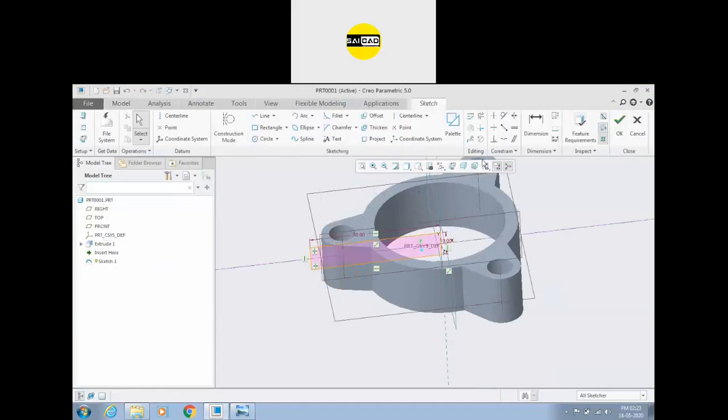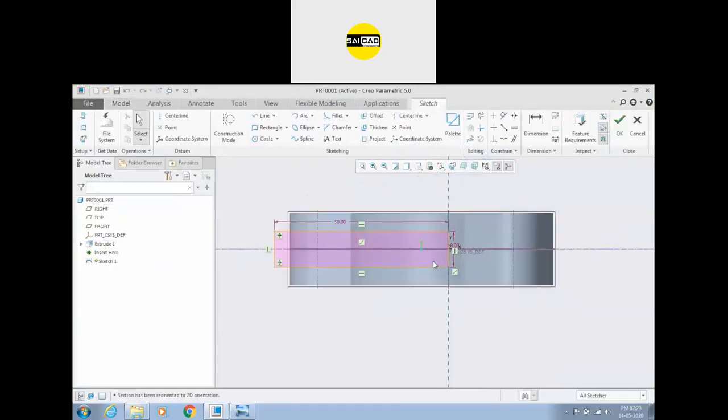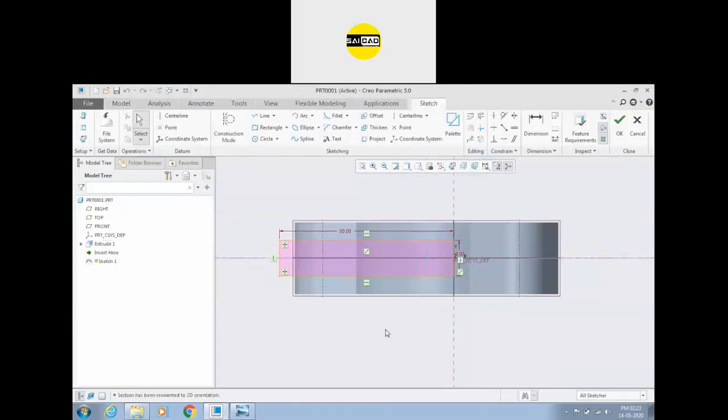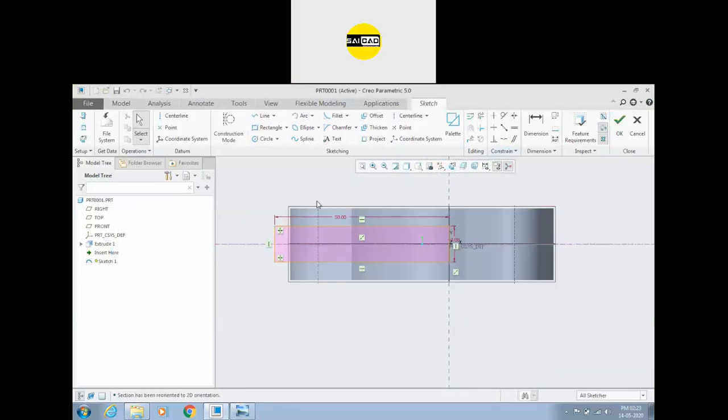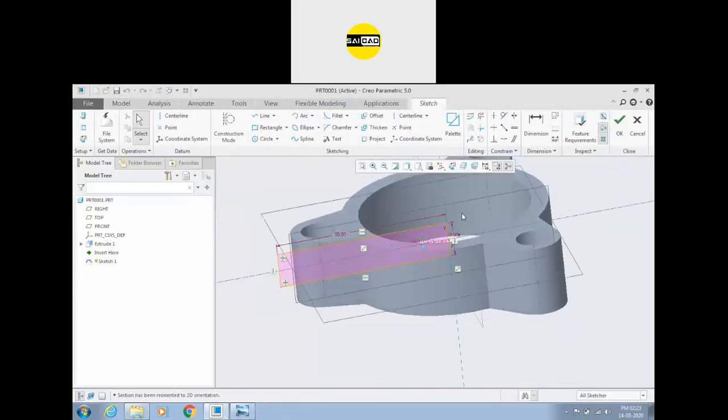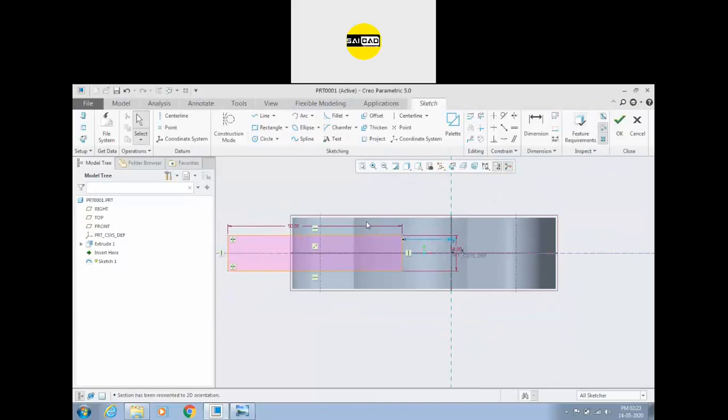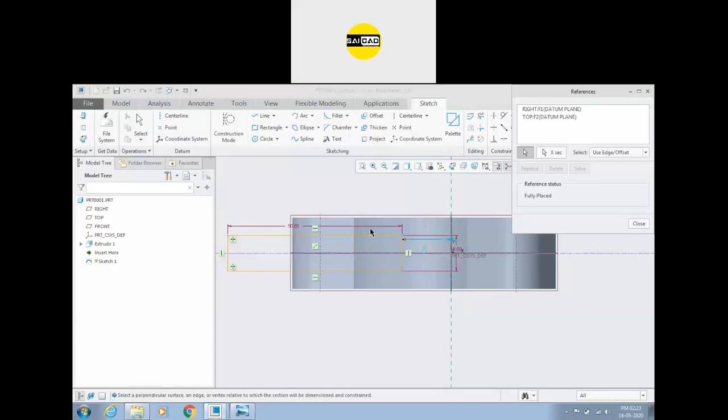We need to check the sketch first, whether it is on the center or not. If you don't want it on the center, we can just go there and select this edge. There is a reference option here, or you can just right click and select the reference option. You can select the inner edges also and convert them, so we select this edge also.